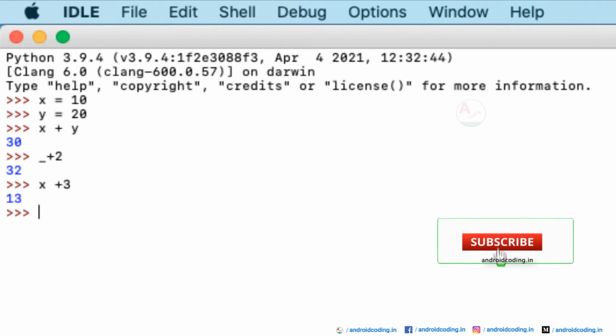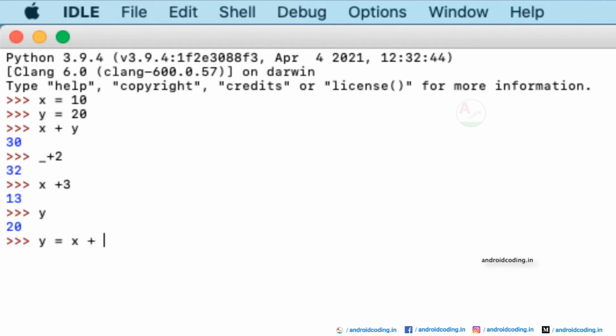So for example, y equal to x plus y, where the value of x is 10 and the value of y is 20. Before executing this statement, I want to print what y is here. So y is 20, and now y equal to x plus y.